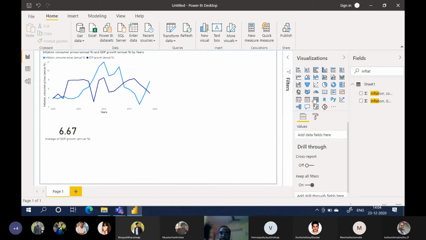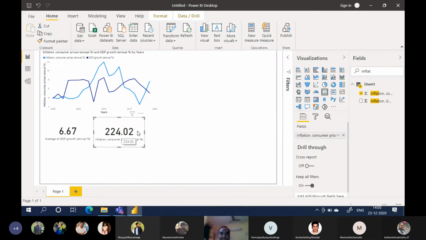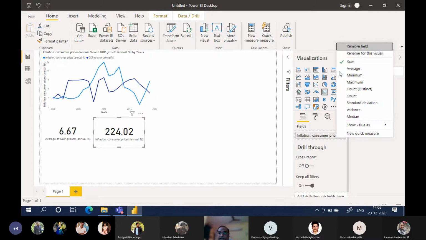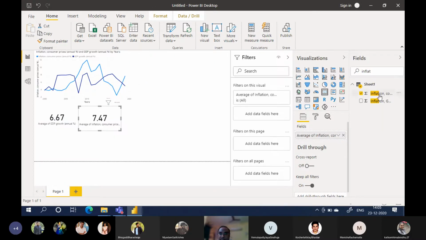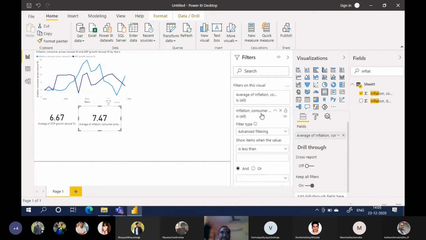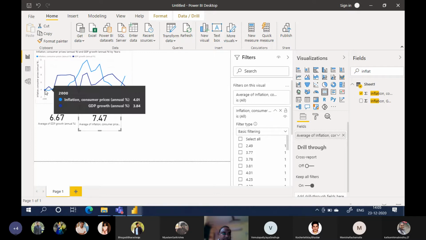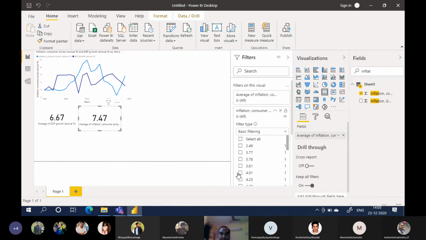Now first add scorecard. Click on scorecard. You can move it next to the GDP thing. Now drag the inflation here. It takes summary. Click on the drill down, change it to average. Now 7.47. Now drag inflation again to data fields here. Change advanced filtering to basic filtering. And what was the lowest inflation in 2000? 4.01. So from 4.01, tick mark all the values.